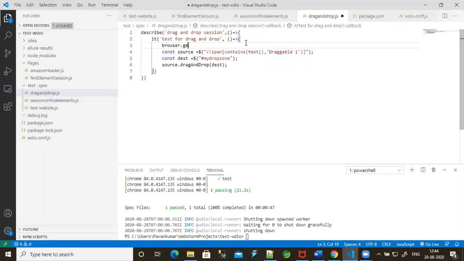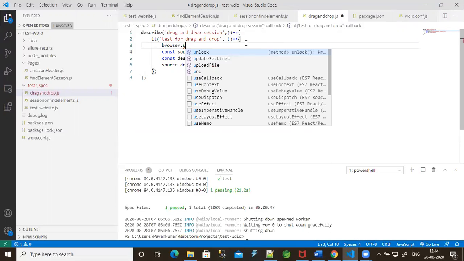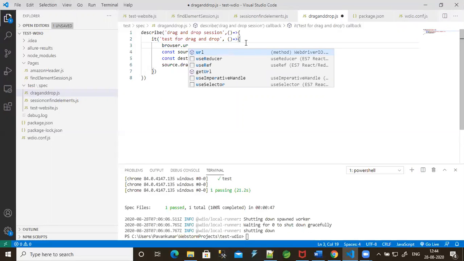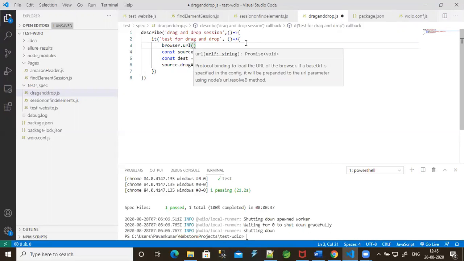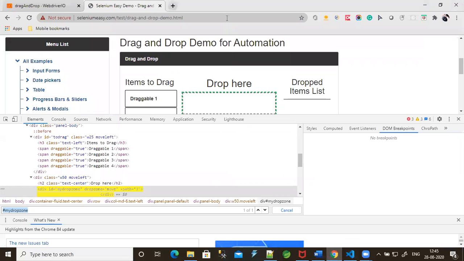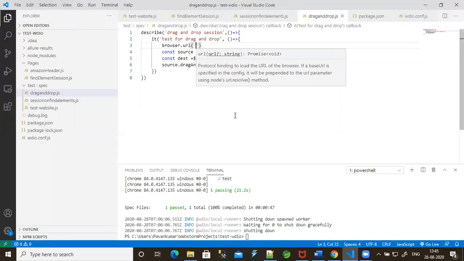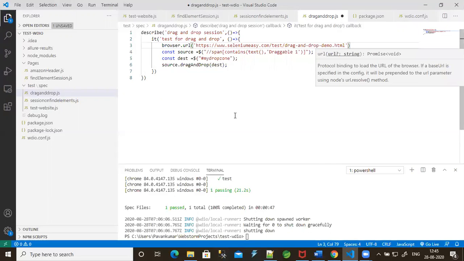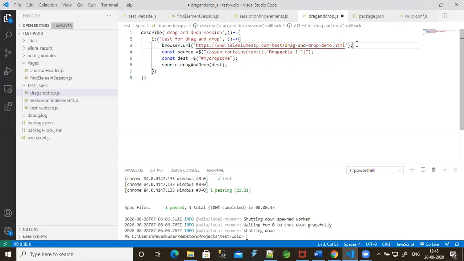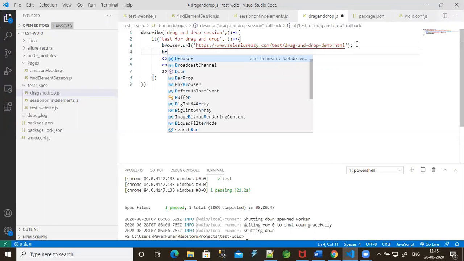Sorry, it's URL, not get URL. We are just passing the URL to the browser. Copy this, paste here. And I'm using browser maximize window to maximize the browser window.